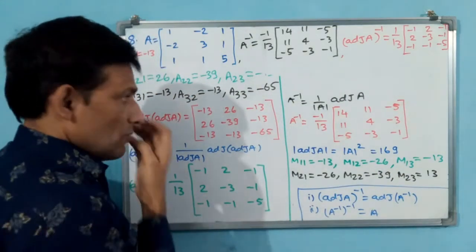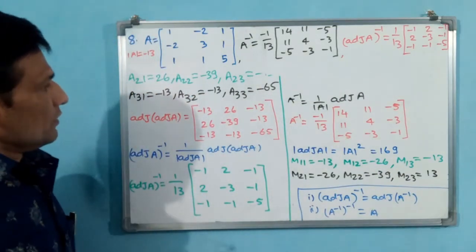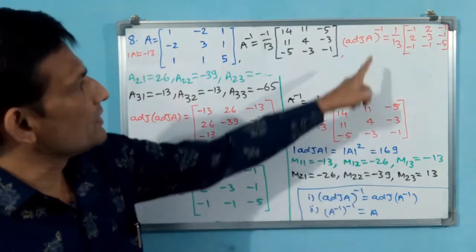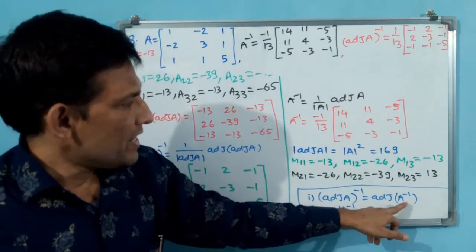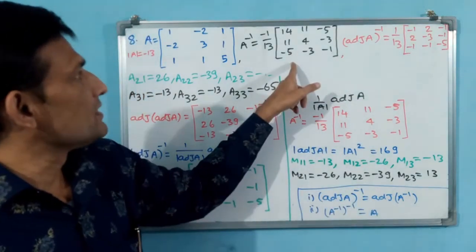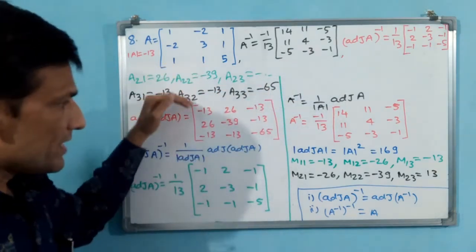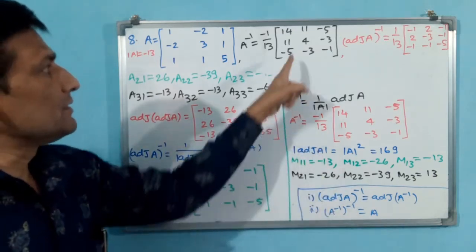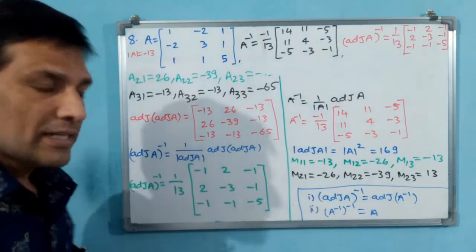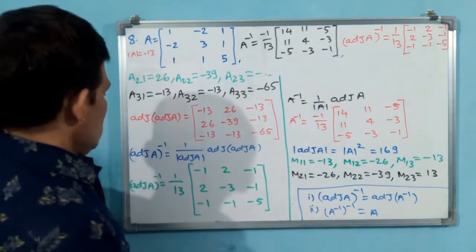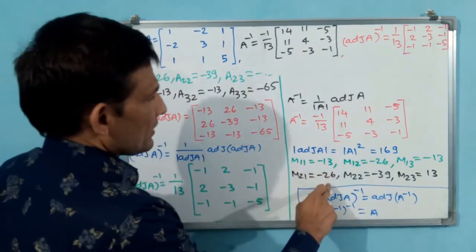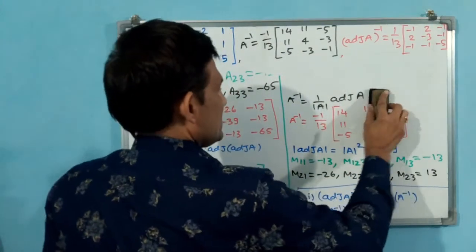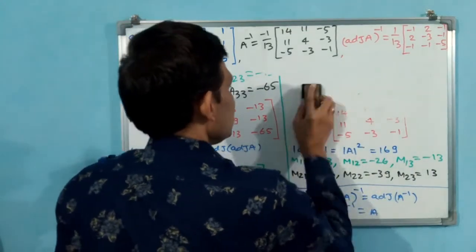Okay, now what we have to do? Adjoint A whole inverse already there. A inverse, adjoint you have to find. A inverse is there. For A inverse, again you have to find minus cofactors. If you write adjoint of this A inverse, then we can show. Okay, like that we will do. Okay, let us remove. I am removing here. Okay, you see how I am doing. This we have already written at the top. Yes. Okay.